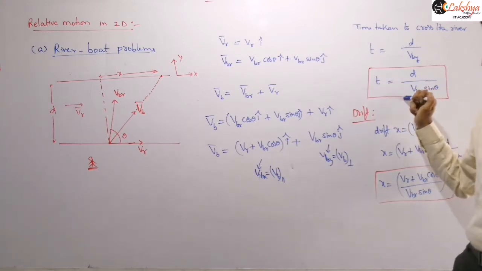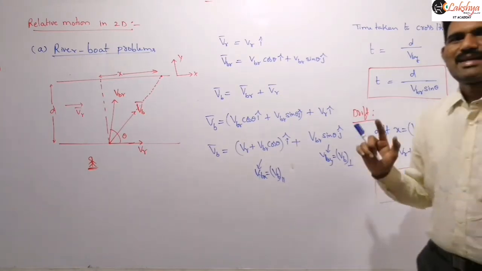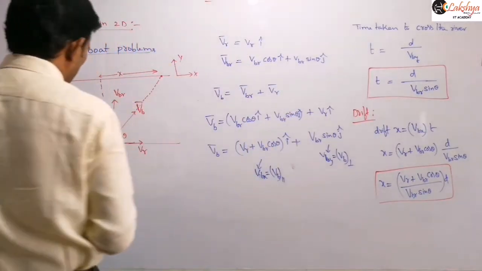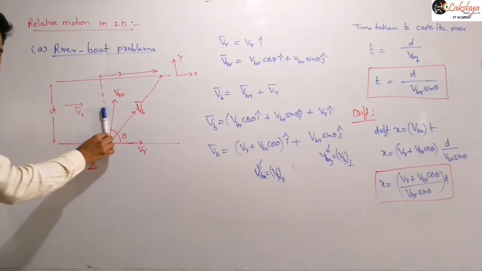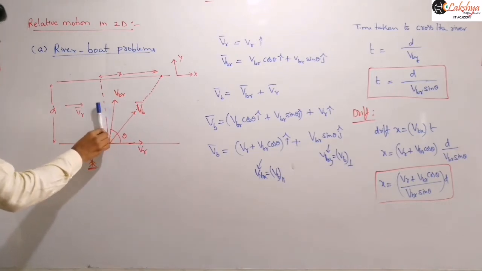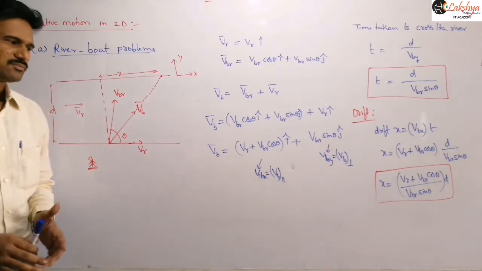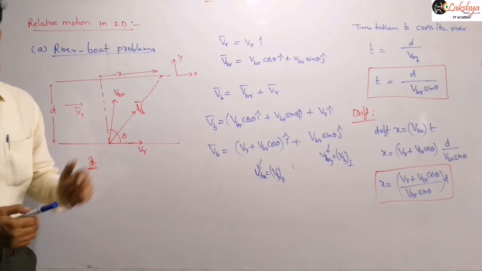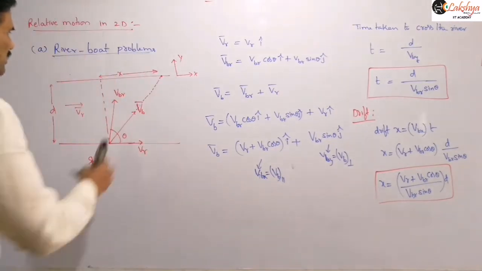So then sine theta value must be maximum. Sine theta is maximum means then theta must be 90 degrees, right? So theta is 90 degrees means, let us come to this diagram here. Theta is 90 degrees means this VBR must be along this direction, right? So that means when the boat is traveling normal to the direction of the river flow, then the boat will cross the river in shortest time. Got it? So that is the condition for this shortest time. So I will draw the diagram now.